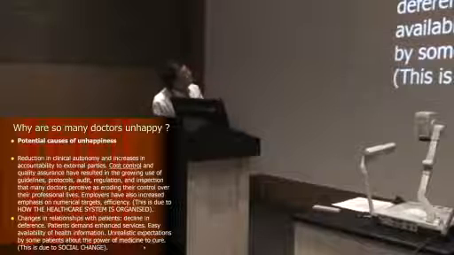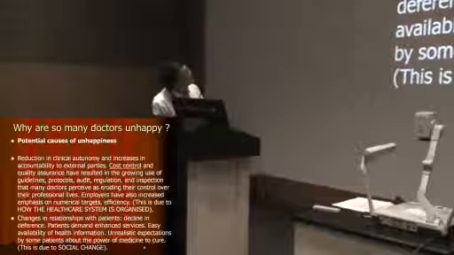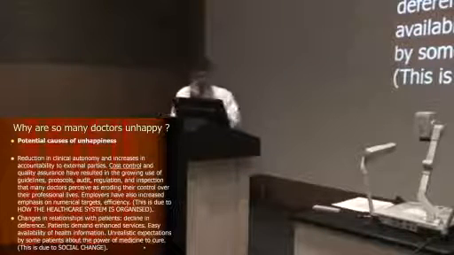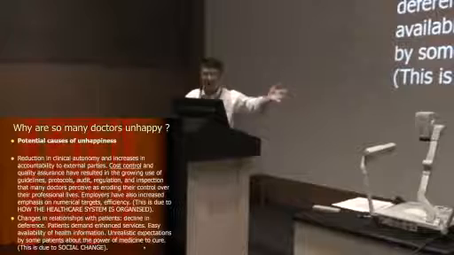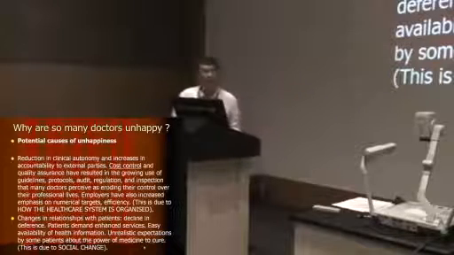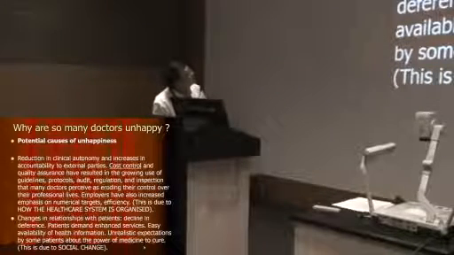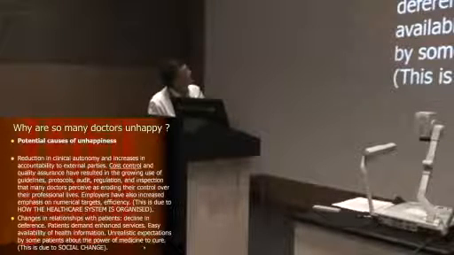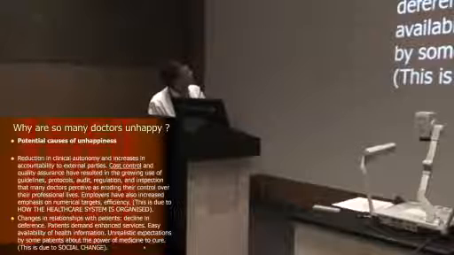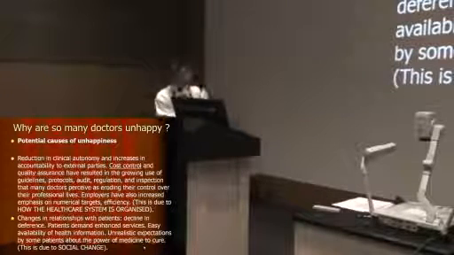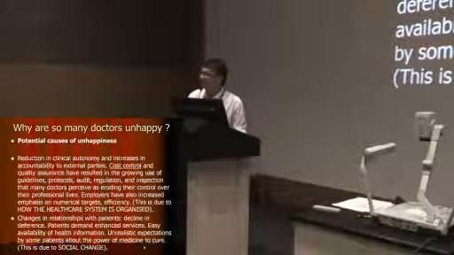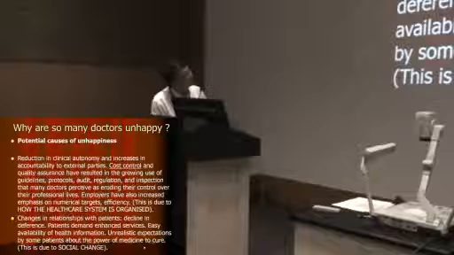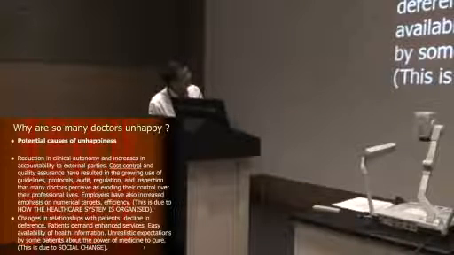Cost control. Americans are very worried about the price. Cost control and quality assurance have resulted in the growing use of guidelines, protocols. Protocol means if you have a normal case of disease, how should you treat the patient, etc., all laid out, right? Protocols, audit, regulation, inspection that many doctors perceive as eroding their control over their professional lives. Employers have also increased emphasis on numerical targets. So you work for the employer, you must see how many patients an hour, etc. You must generate how much revenue from the patients and so on. So loss of autonomy, right? Emphasis on efficiency. This is due to how the healthcare system itself is organized.